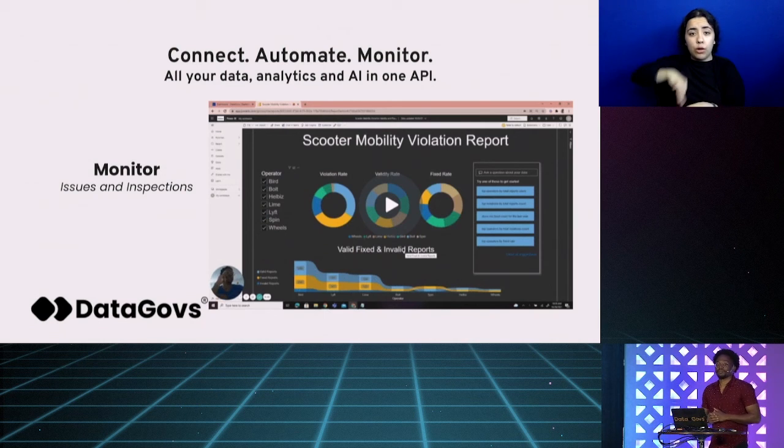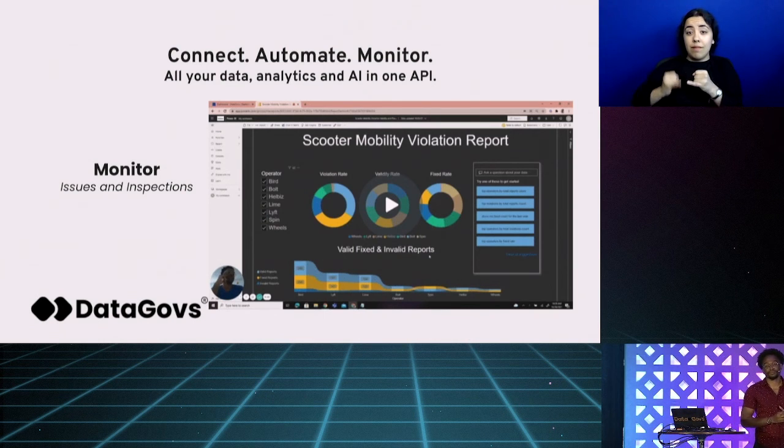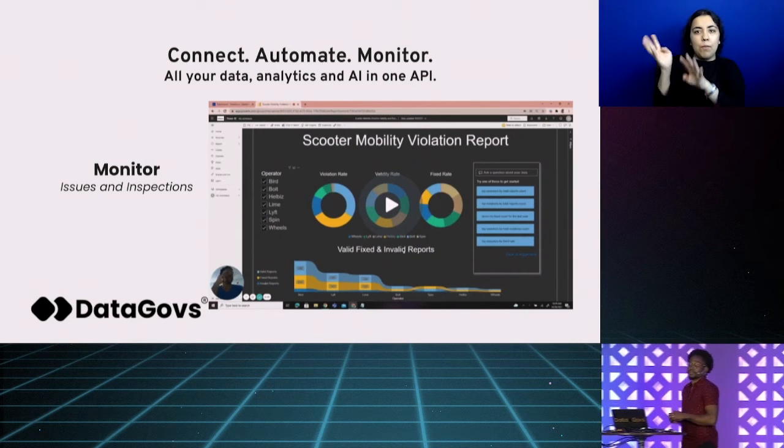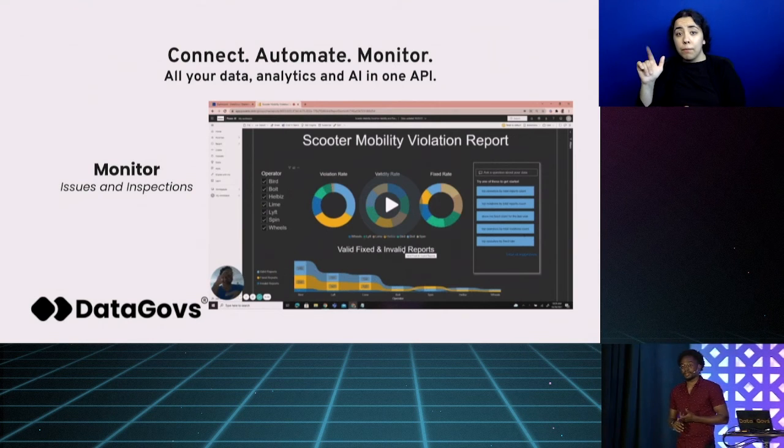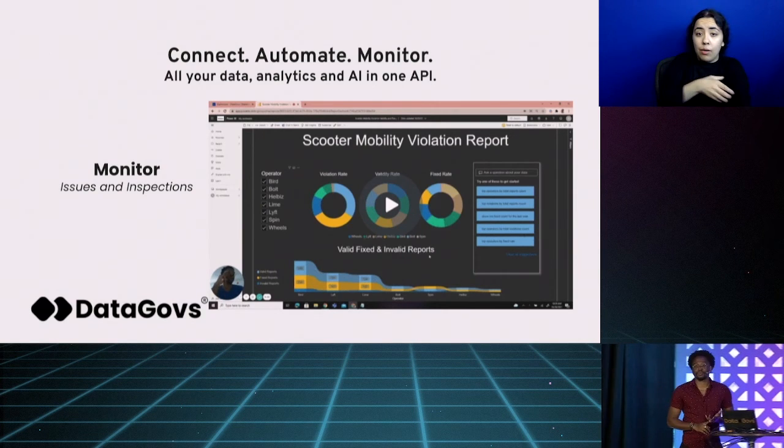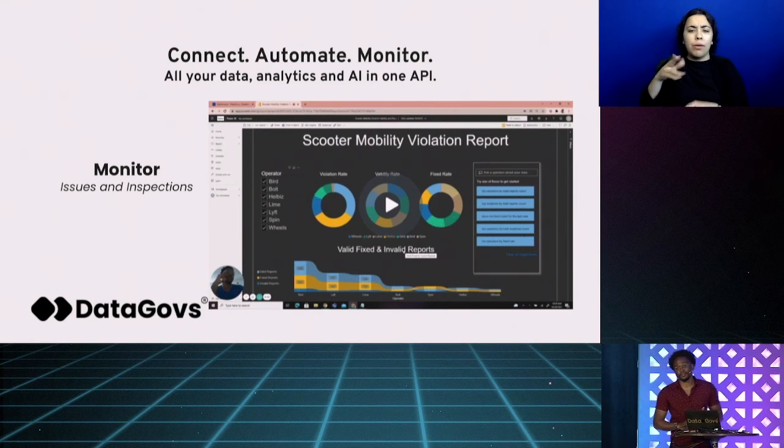And lastly, we're even seeing this going back to the monitoring of tools. With a single API, organizations can then import the data in their tool of choice. We've seen analysts use this for things like Tableau. We've seen them use this for things like Power BI. And all of this just supports them with better data and reliable data that they know they can trust and have a reference to.